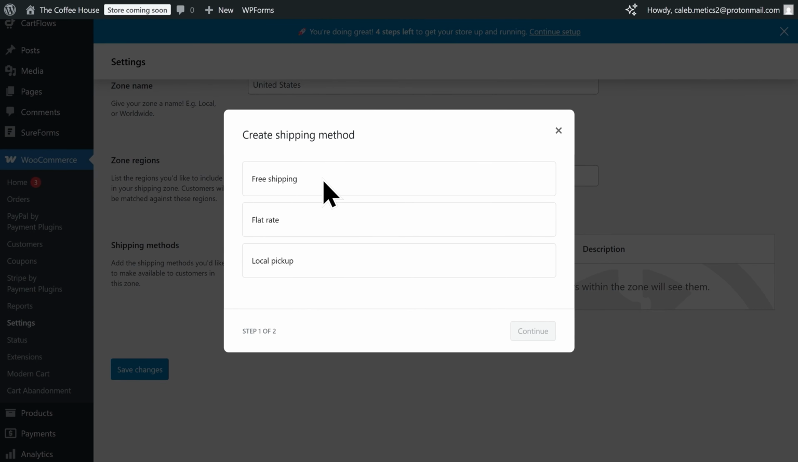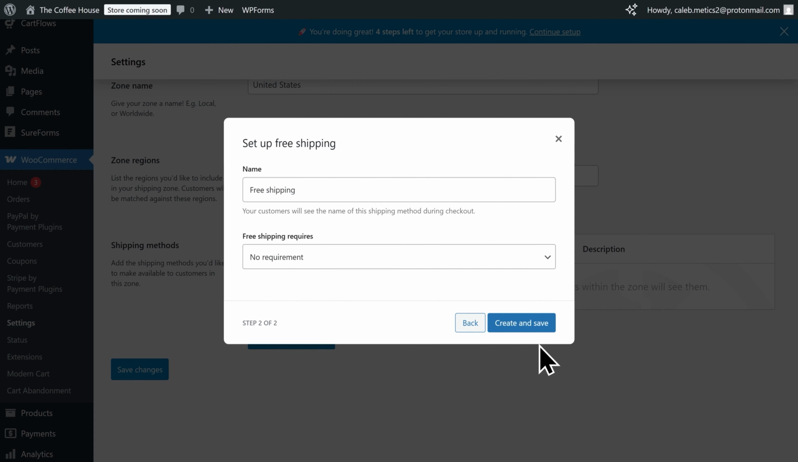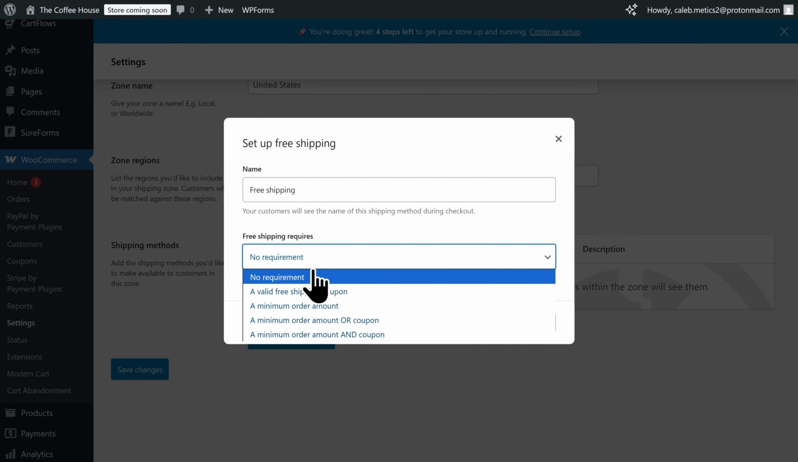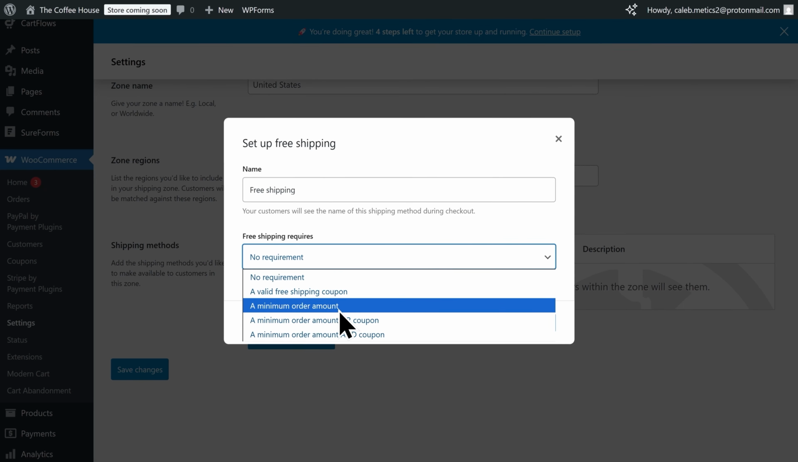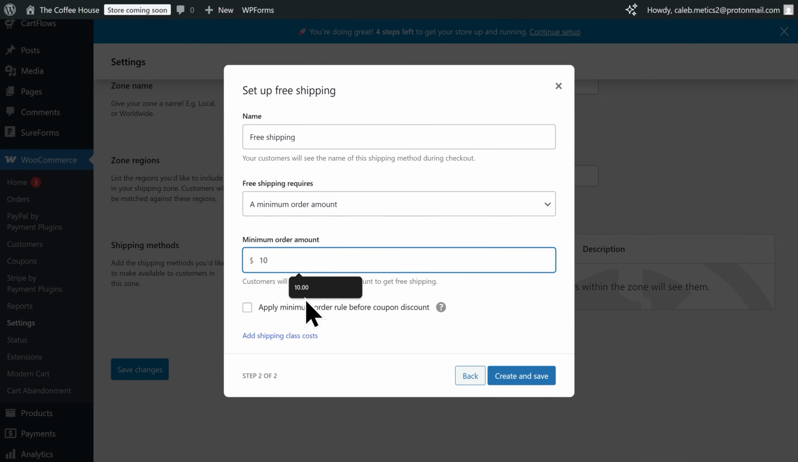From here, you can choose free shipping, flat rate, or local pickup. Nowadays, free shipping is easily the most popular option. So select free shipping and continue. In here, we'll make sure that free shipping has a requirement. Most often, you'll want to go for a minimum order amount. Select this here. And let's say that our customers need to spend at least $10 on our store to get